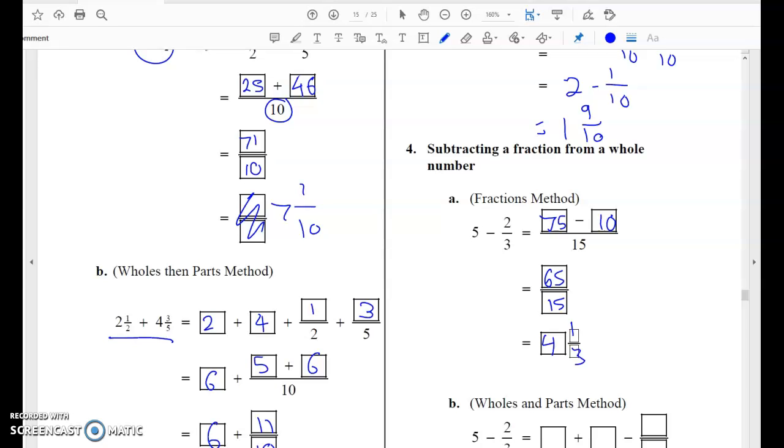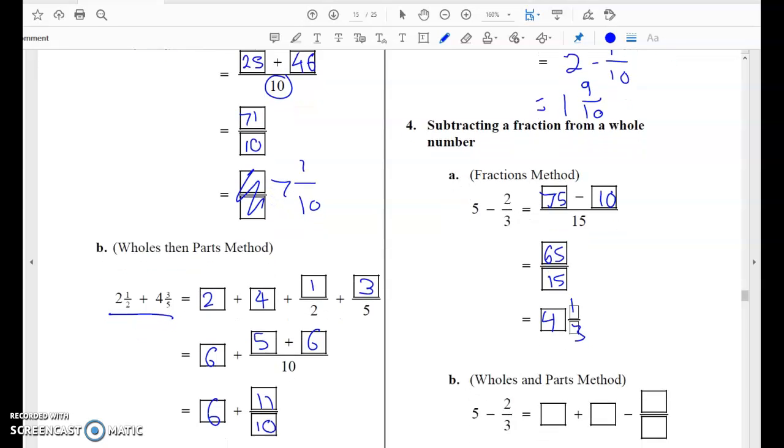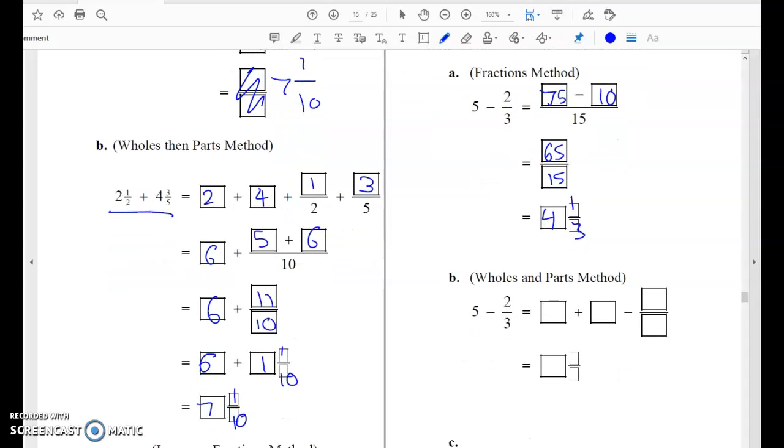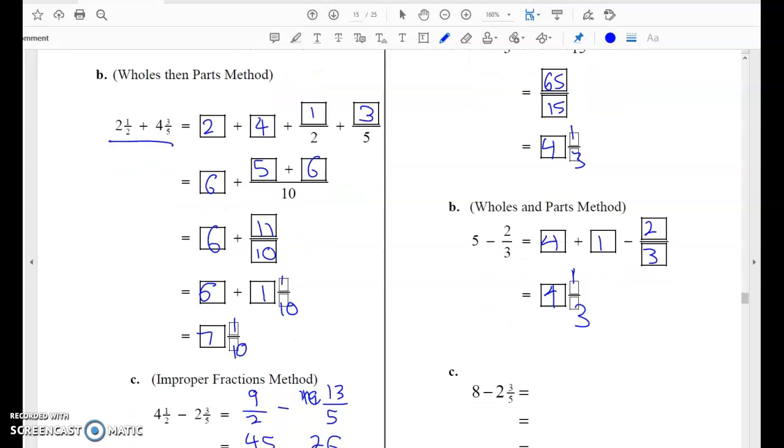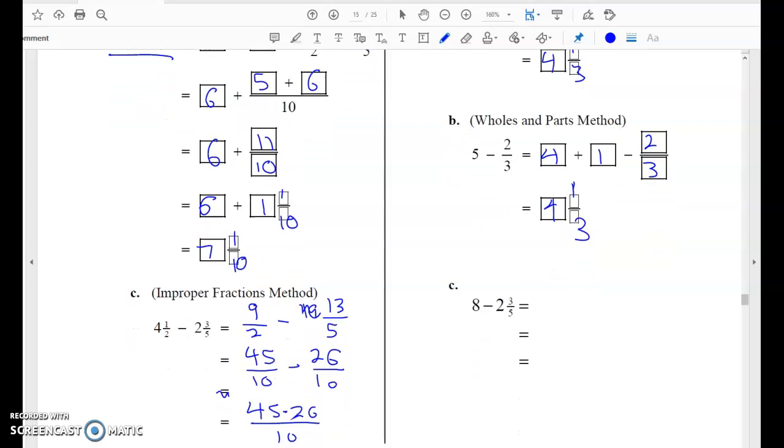Okay, slightly different method. Think about 5 as being 4 plus 1 minus 2/3. And so 1 minus 2/3 is just 1/3. So it's going to be 4 1/3. So quickly this one. So 8 minus 2 3/5